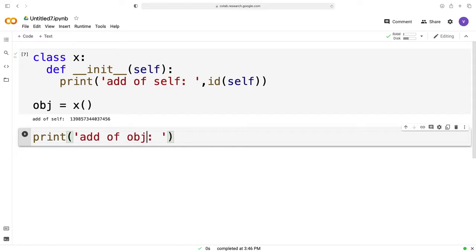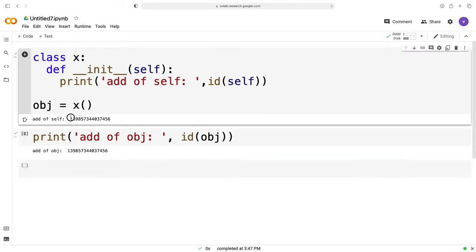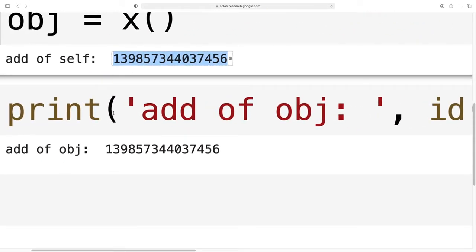ID is basically a keyword for finding the address of an attribute. So I'm going to use ID of the object of class X, which I have created just now, and it should print me the same value. So the address is the same here. The address, if you can see, it is the same.